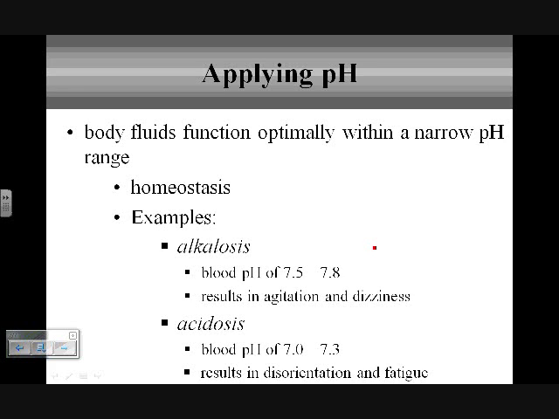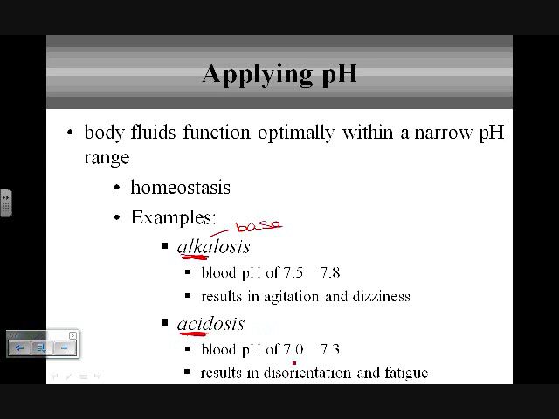And then just an example of how we can apply pH within the body. Blood has an optimal pH range, and when it starts to fluctuate and move out of that normal, acceptable range, we have medical conditions that result. For example, alkalosis and acidosis occur when the body moves out of homeostasis. If homeostasis is not maintained, these conditions are going to result. So alkalosis, alka should tell us alkaline, which is base,